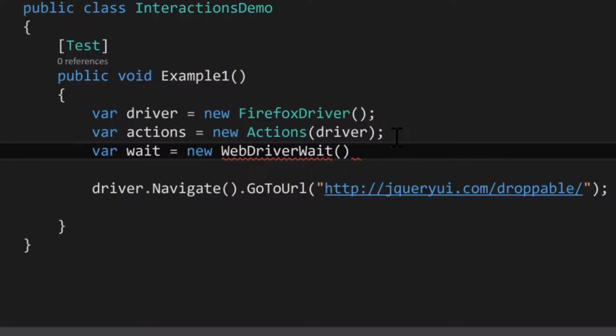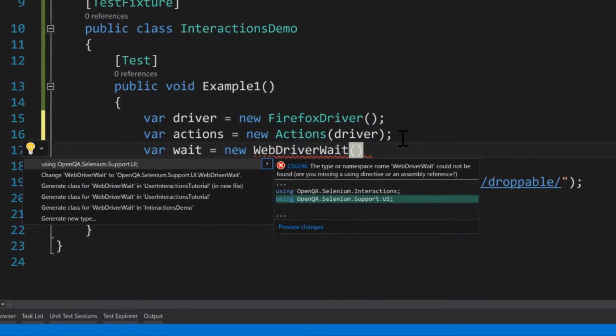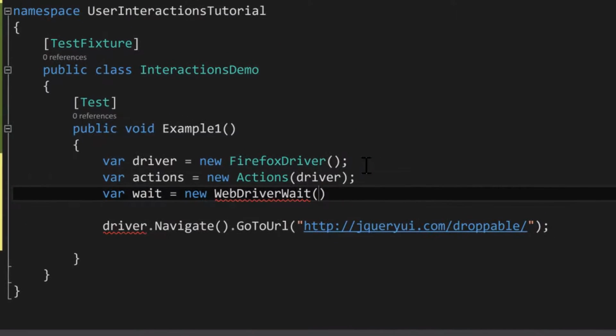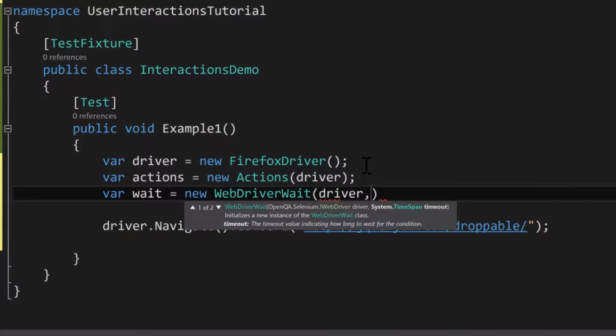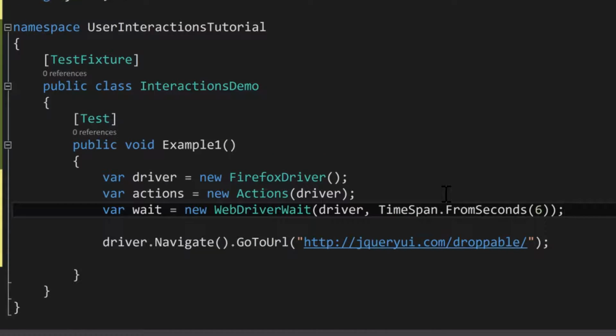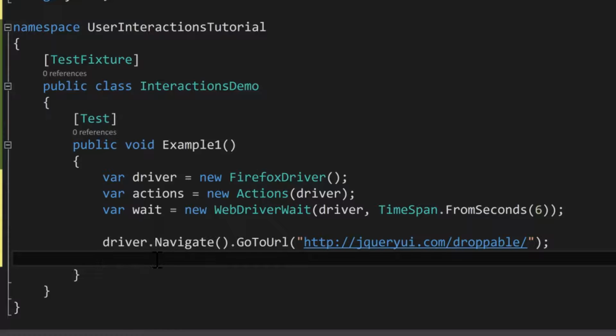So again, this is going to complain. Let me pull out openqa.selenium.support.ui. And now this is going to take a driver, and this is going to take a time span from seconds. Let's say our timeout is going to be 6 seconds. Great. Oh yeah, of course it's complaining because it needs time span, so using system. So now we have our wait class, and with the wait class, we are